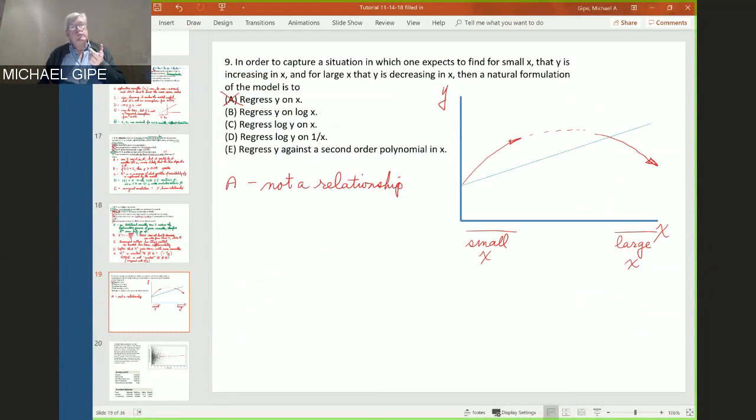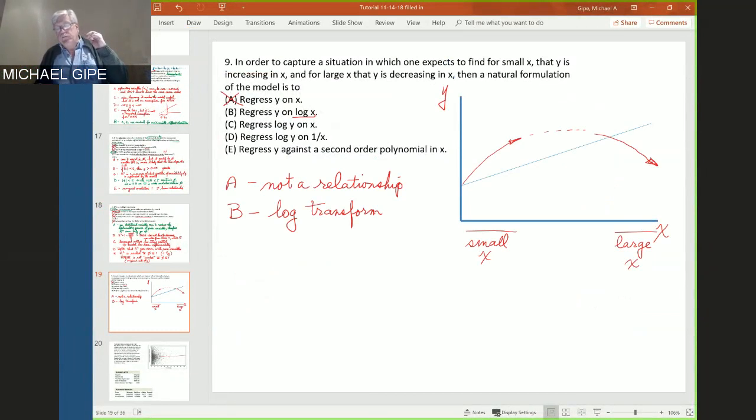But we could do a transform of some sort. We could transform the data, build a linear model from the transformed data, and then, if necessary, untransform the y values or the results of the model. And we might be able to do something like this. So instead of regressing y on x, what if we regress y on the log of x? So a transformed x transform. Well, the problem is a log,